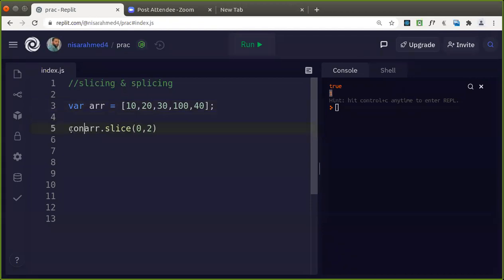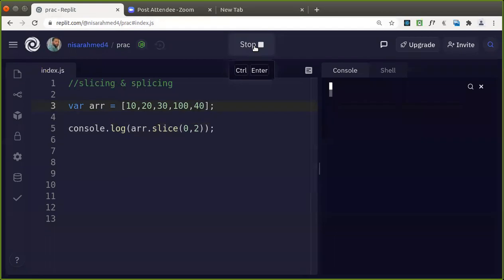So we'll get the subarray with this one, console.log of this. So we got the value as 10, 20. Why? This is the starting index and this is the ending index, excluding that one.